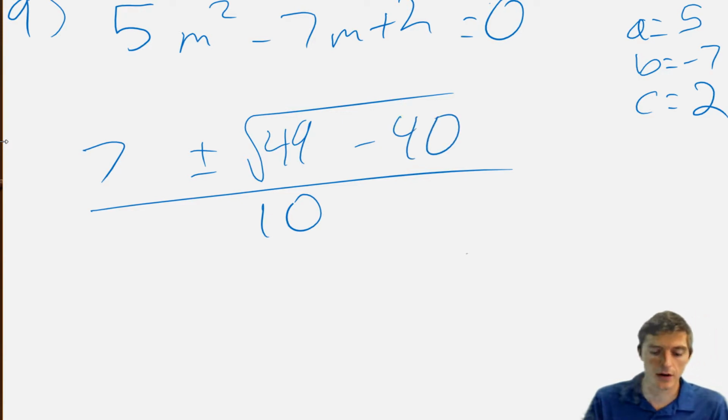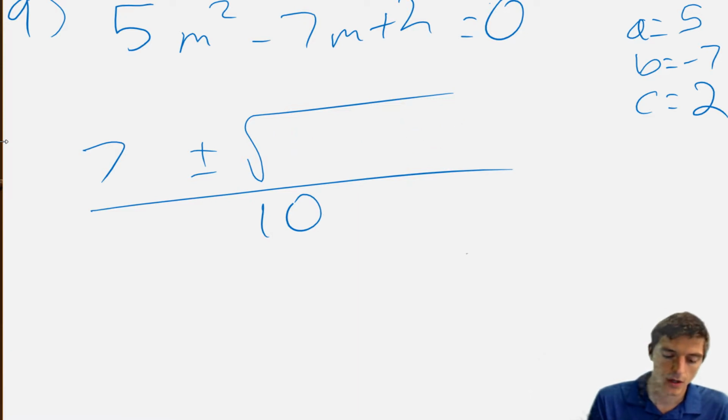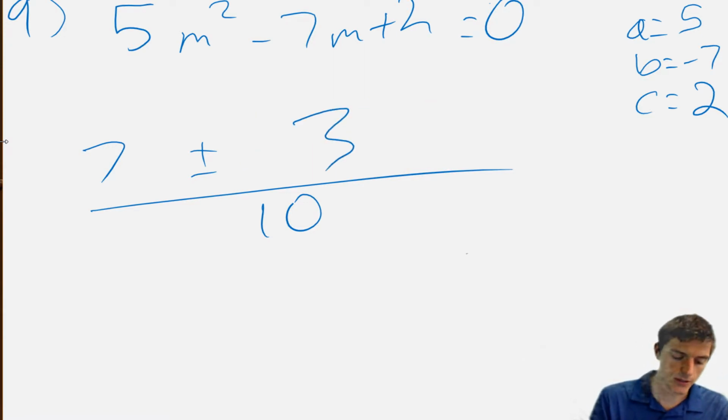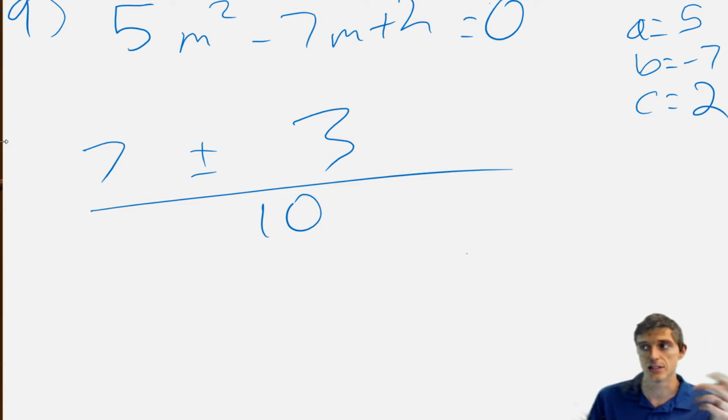So now I keep going, and I have 49 minus 40, which is 9. And I take the square root of 9, which is 3. And so I take 7 plus 3, which will get me, so now I get down to this point where